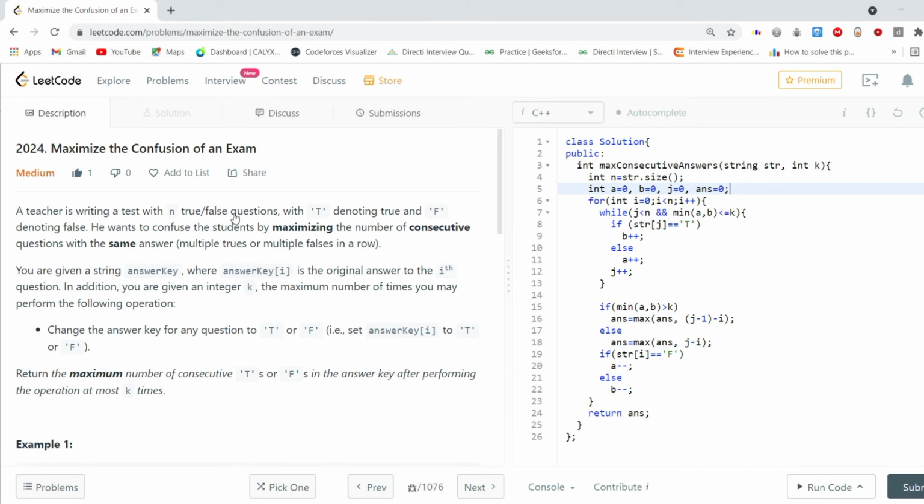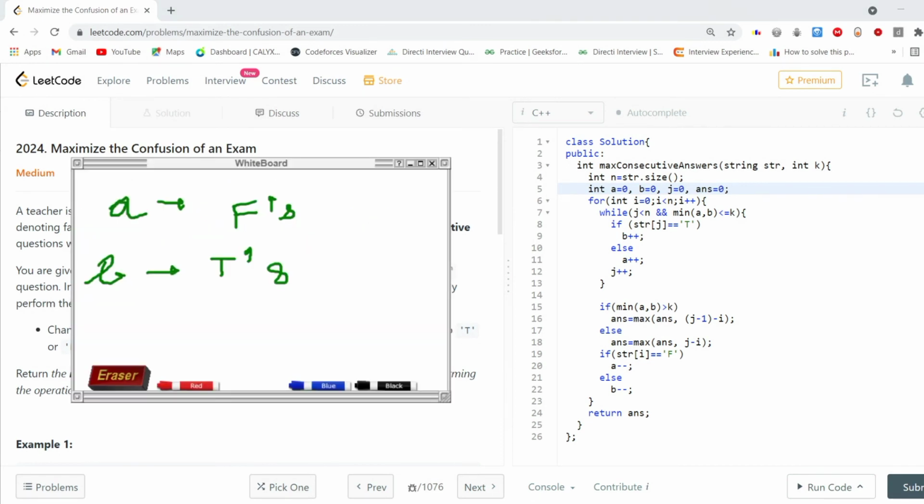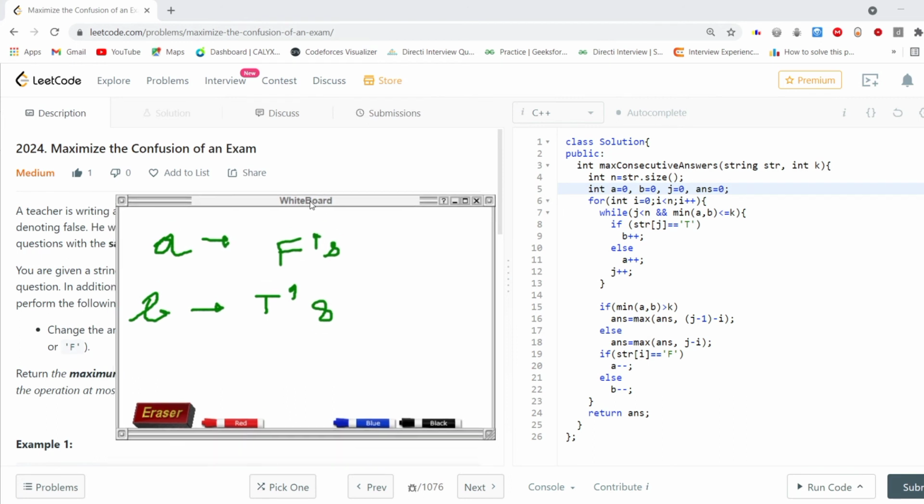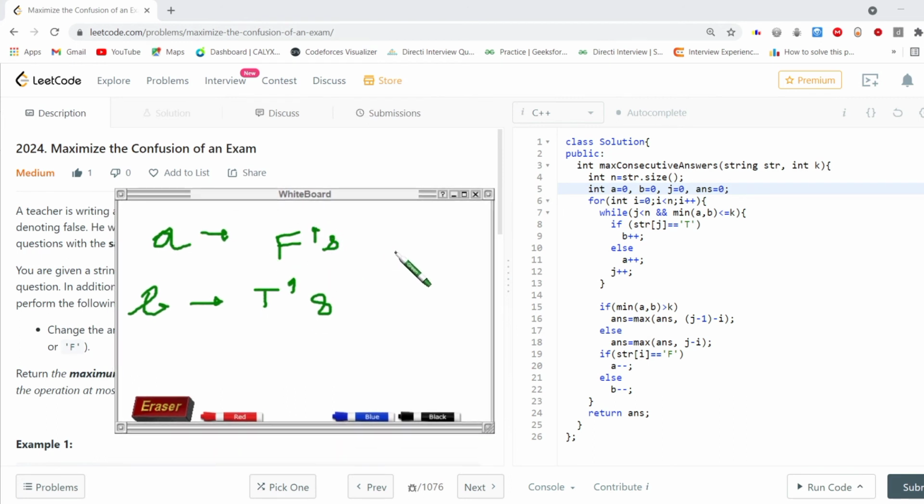Now let's understand the coding part. a is the number of f's in the substring, and b is the number of t's in the substring.